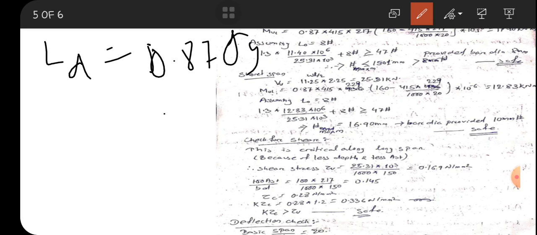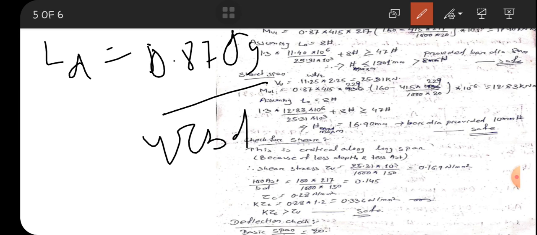We all know how to calculate the development length. Ld is equal to 0.87 sigma y by 4 tau bd, and for M20 and Fe415 this will be 47 times phi,